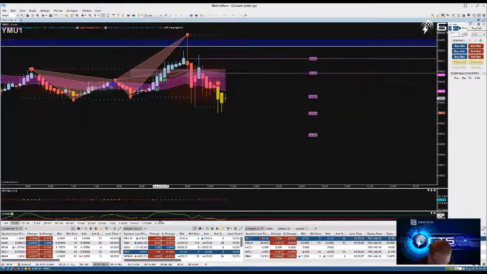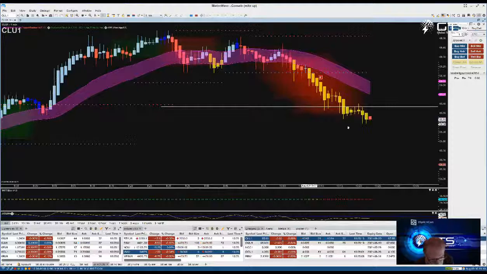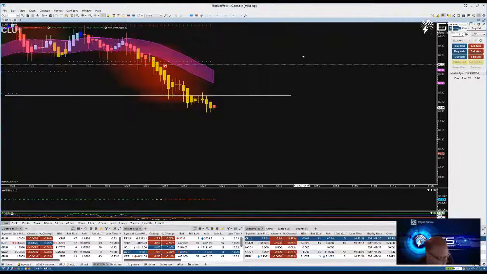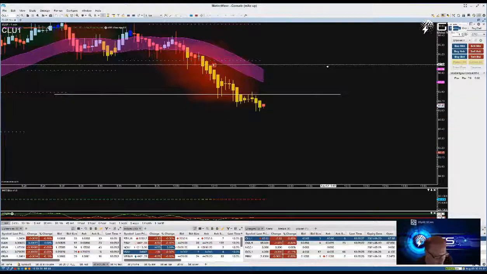Okay, so you did get the one over there for the oil. Yeah, we were watching that one there. Let's go over and check it out. Yeah, my entry was right here on this. So I just missed the entry on here because I was checking out something else for you guys, but it's all right. But yeah, the entry was right here, man, on oil